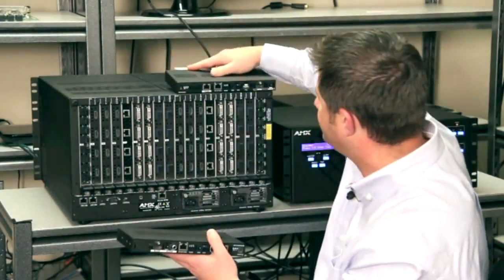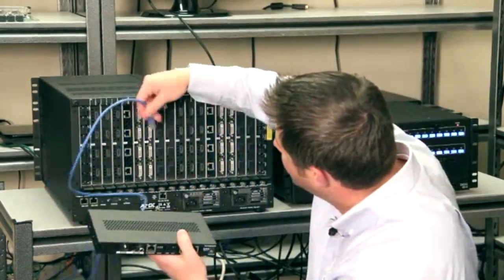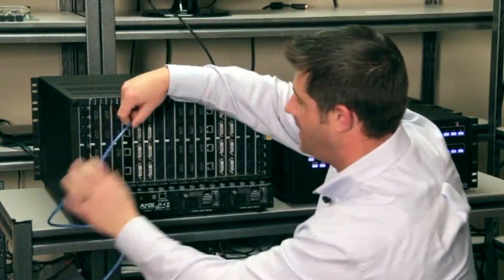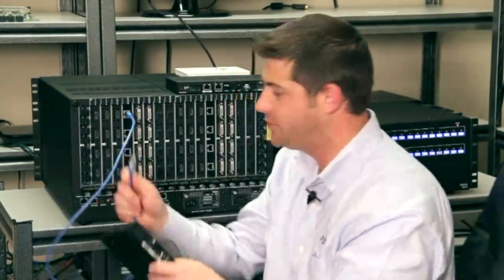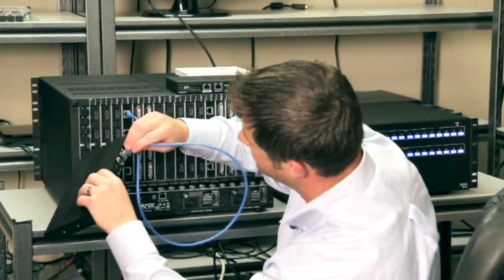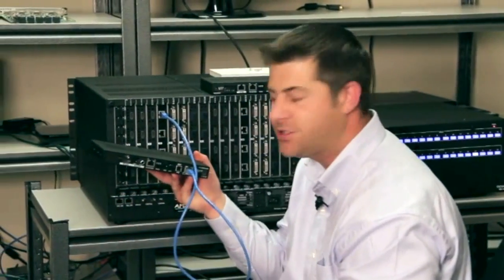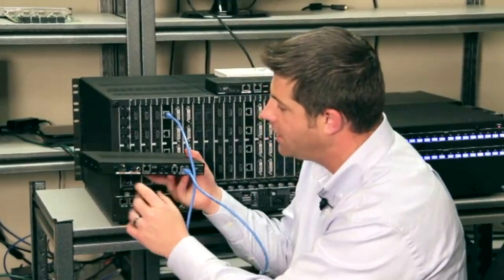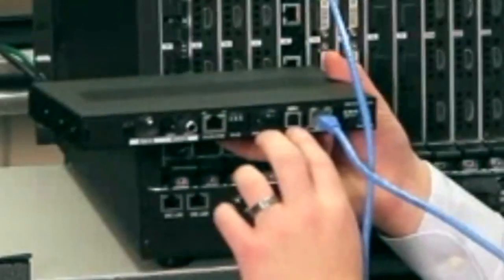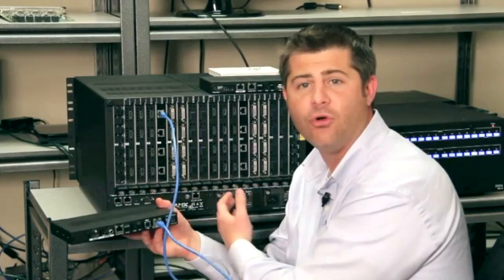So what does it look like? If I have a single category cable, I can plug it into the input of the Enova DGX matrix. I take that category cable up to 100 meters long and I plug it into the output of the transmitter, and immediately I've provided power to that transmitter. But I'm also taking that video, audio, control, 100 megabits of Ethernet, and I'm providing that back to the Enova DGX system,